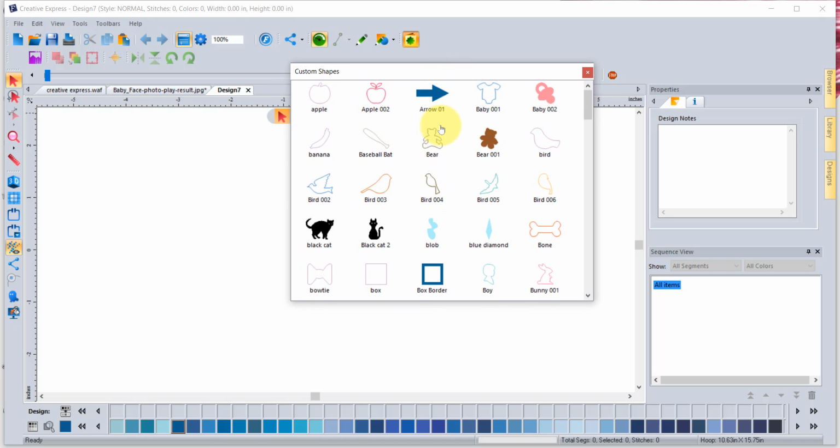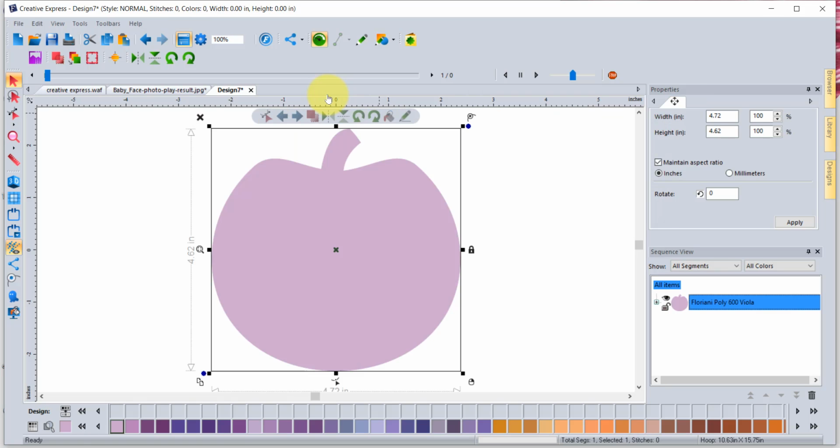And what you'll find is that it opens up a library of custom shapes, and in fact some of the ones that are on display on my screen will not be on display on your screen because they are custom shapes that I have created and saved myself. However, everyone should have the Apple logo because that one was pre-installed with the software,